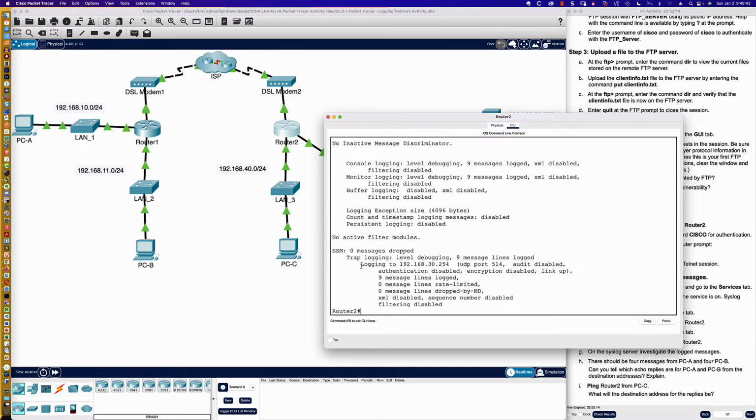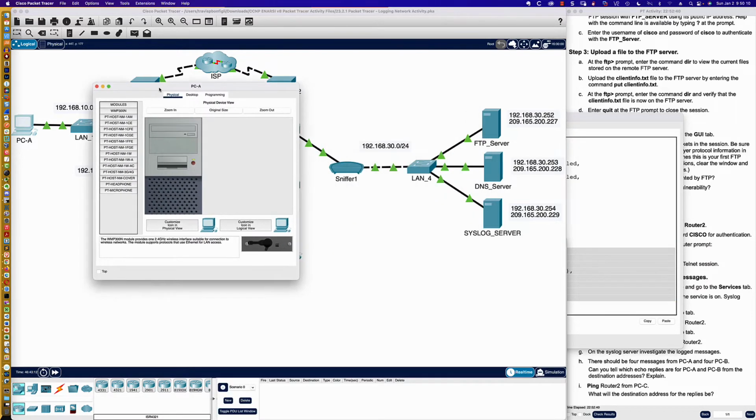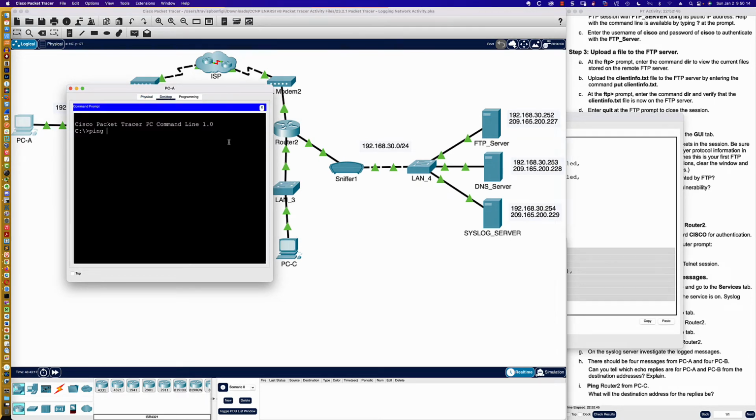I thought they wanted us to view the ICMP debug. I thought they wanted us to watch that live. But what's actually happening is they have us sending the syslog messages, all the way from debugging up to critical. So all messages that are being logged are being sent to the syslog server so that we don't have to watch it in real time. Although, if we did want to see that in real time, I would think that we would be able to capture that by pinging the